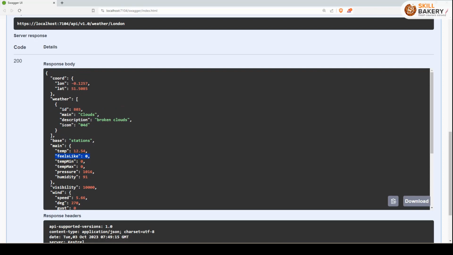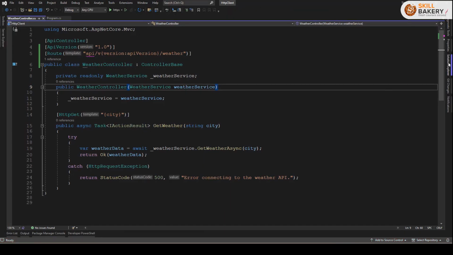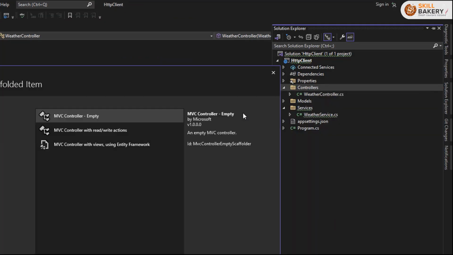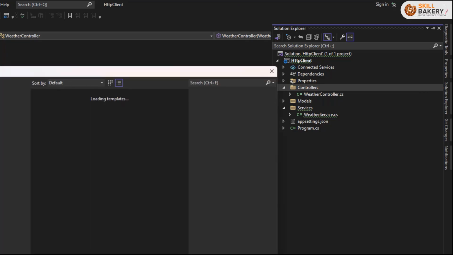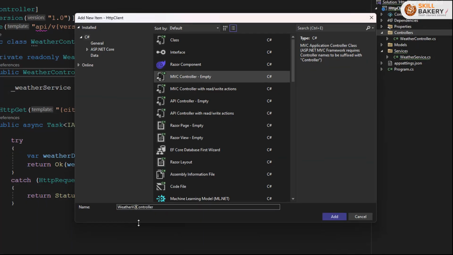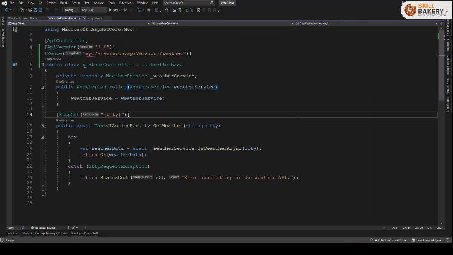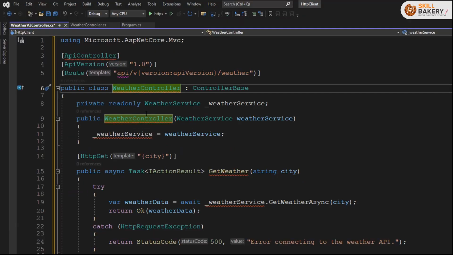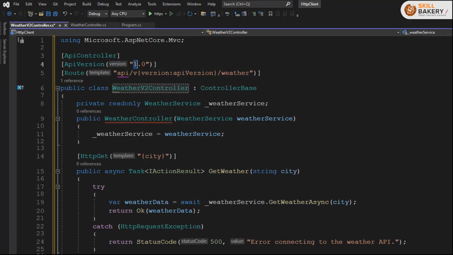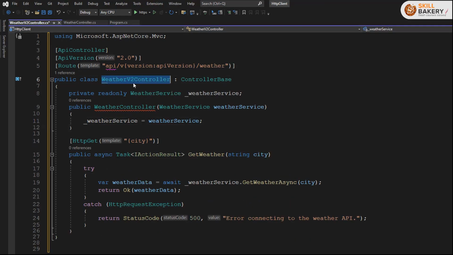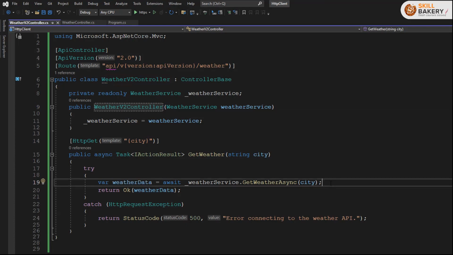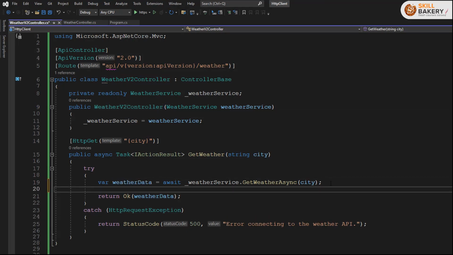Now let's go ahead and add another version as well. Let's close this, and this time let's have another controller. So here we'll add a new controller, select and give it a name. We'll call it WeatherV2Controller, let's say. For now, I'll just copy this piece of code and paste it over here. I'll also update the class name and the version number to 2.0 and the controller over here to this. And for the weather data that is being returned, we can have some additional